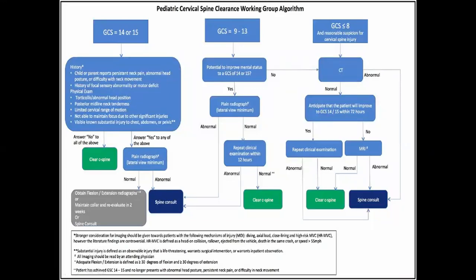In those patients, you need to first stabilize. Only then do you think of investigations. Don't go for investigation before stabilization. If you suspect there is a cervical spine injury, you need to stabilize it first. Workup and clearance come later. So for ER management, we should know when you need to stabilize the cervical spine. If a child comes with a normal GCS, and you feel these findings are there, such as persistent neck pain, abnormal head posture, difficulty in neck movement, motor deficits, and significant injuries to the surrounding regions,